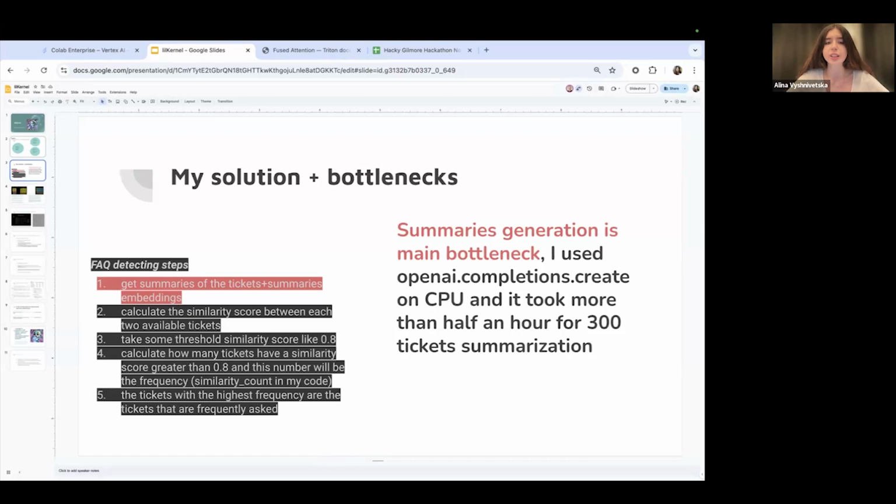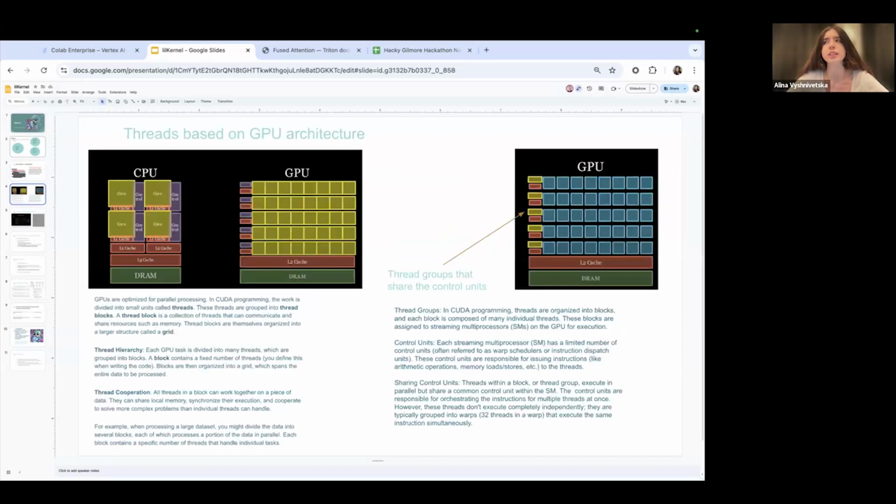But what is really interesting is to try to perform it on big data, so we can see which questions persist as frequently asked through time. So I thought that I need to work on the efficiency of this summarizing step, and it was the time when kernels came into my life. I just heard from my friends about that, and